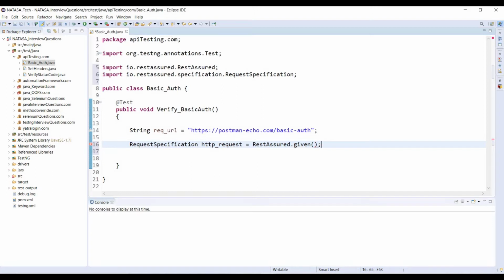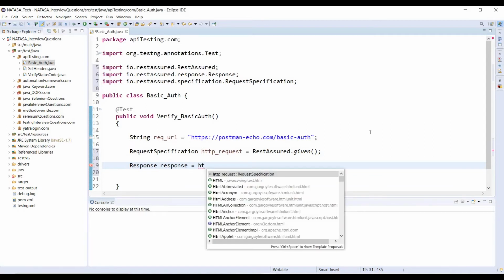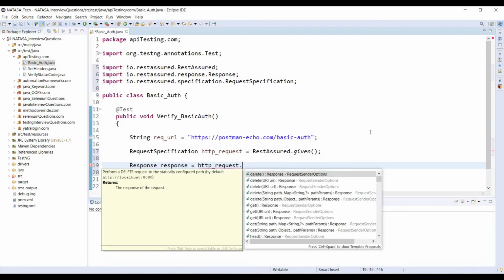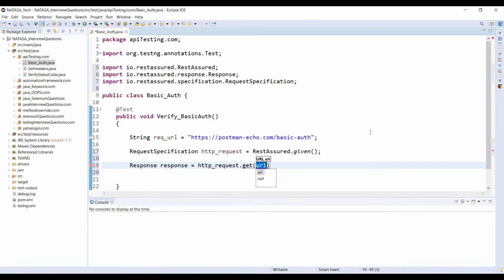So here first I'm going to verify the status code without giving username and password. First we have to verify what response we are getting after passing this request URL without authentication. Okay, response called HTTP request dot get URL, request URL, right?